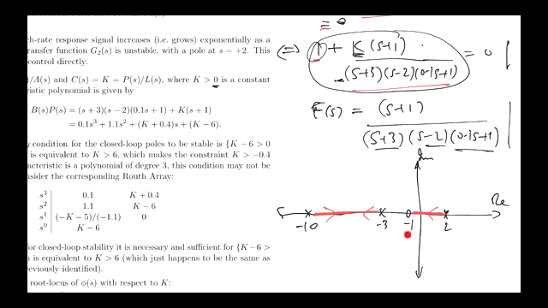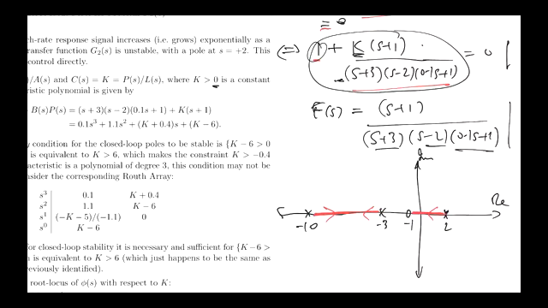Here's one of the zeros of f, but because the relative degree here is a positive number, 3 is bigger than 1, we have 2 zeros of this at large values of s. Right? There are 2 zeros at infinity because the relative degree, 3 minus 1, is 2. And the root locus will approach those zeros at infinity along asymptotes. Okay? Those asymptotes will be